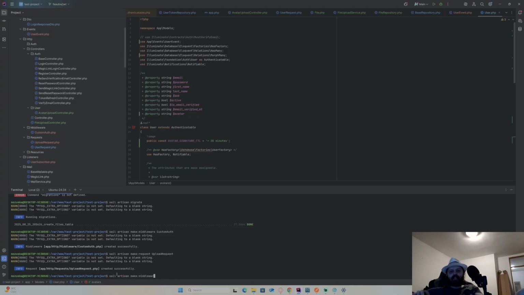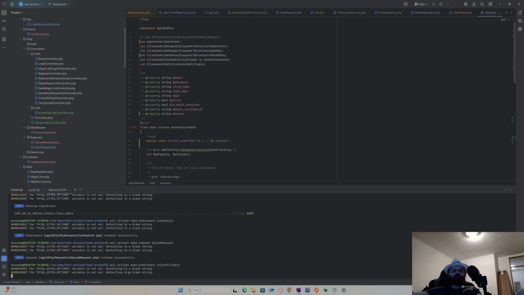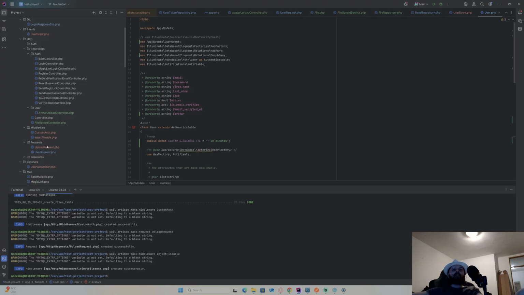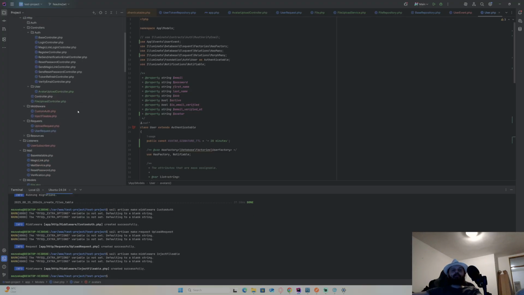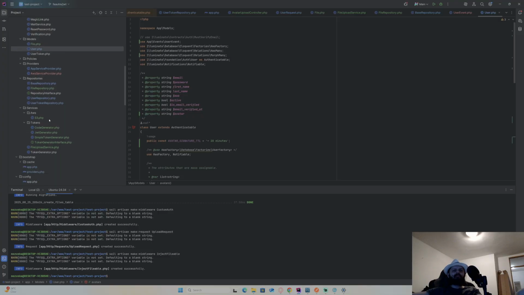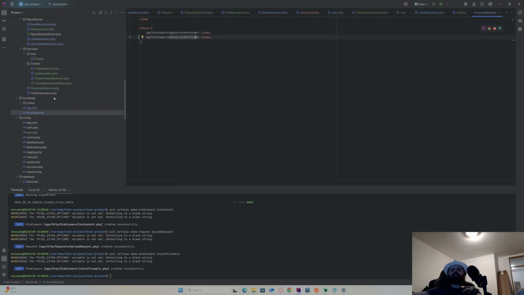Middleware inject fileable. File apply. Okay. Fine, I have my middleware now. Let's just put alias for that middleware too. I do that here. No, not there.